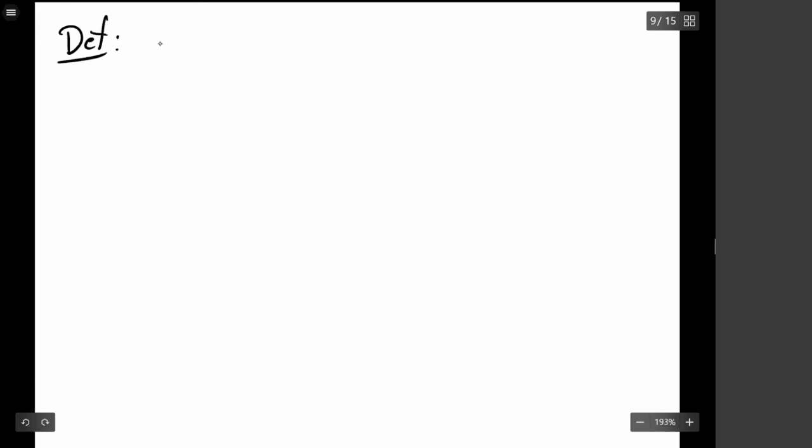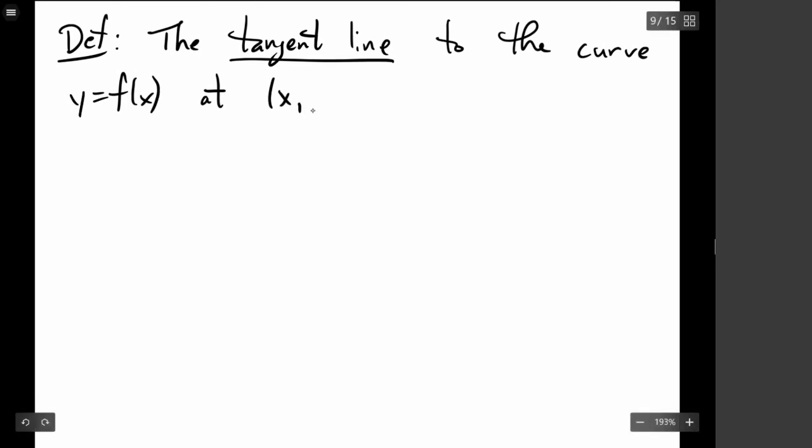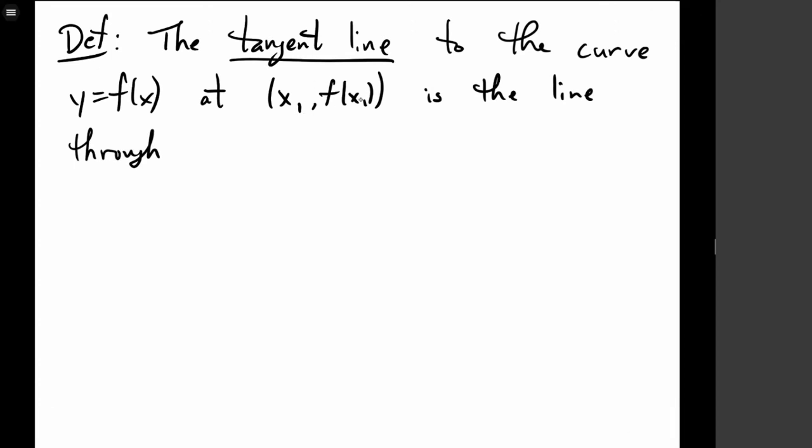The definition: we could say the tangent line to the curve y equals f of x at the point, I'm going to keep the notation from here, at the point x1, comma f of x1, is the line through this point,